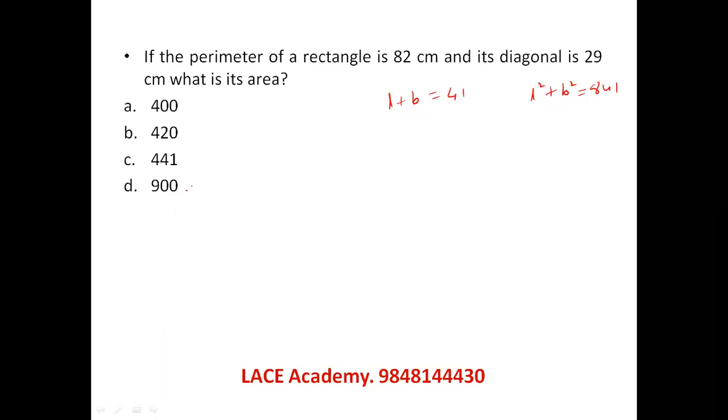If you observe the values here, this is 30 into 30, this is 21 into 21, this is 20 into 20, this is 20 into 21. Two equal values cannot be possible here. So if I take the 20 into 21 possibility, 20 plus 21 is 41 and 20 square plus 21 square is exactly 841. So 420 is the only possibility we'll be having out of the options. These are the types of options which I call friendly options. The other options are all multiplication of equal values, which is not possible here. So directly 21 into 20, don't unnecessarily go for taking all the algebraic steps. Let us see the next question.